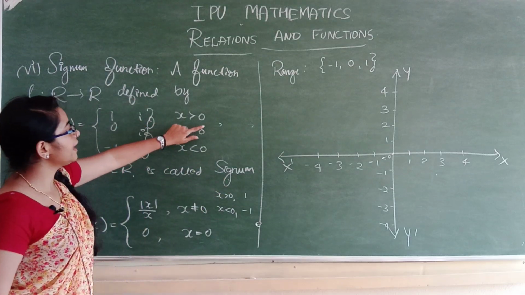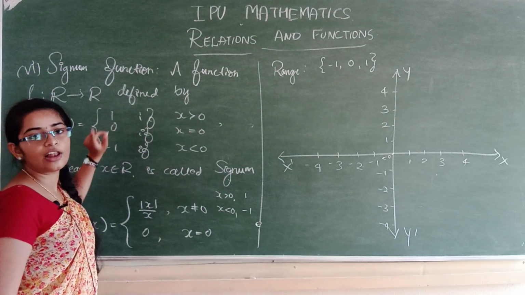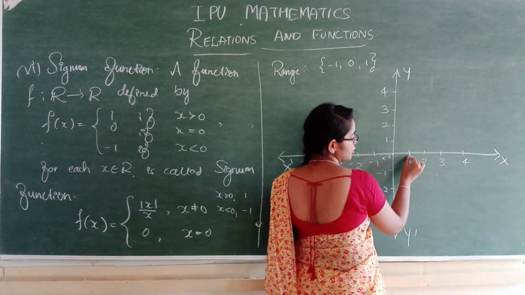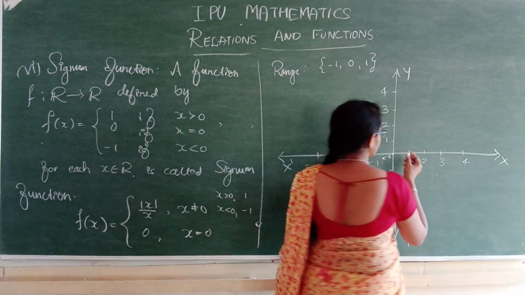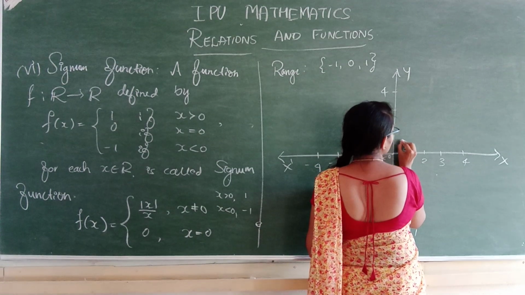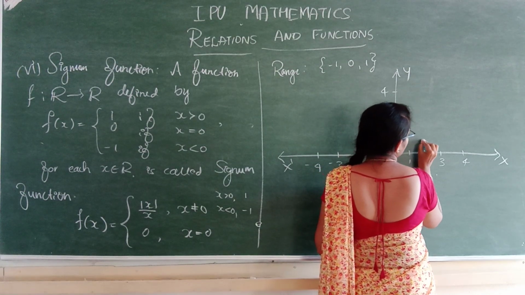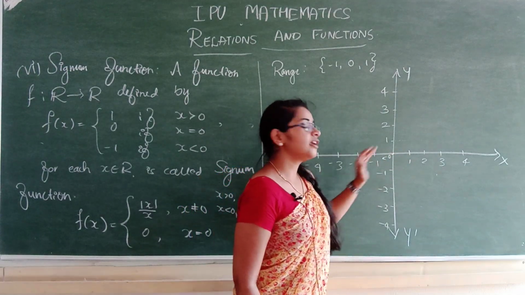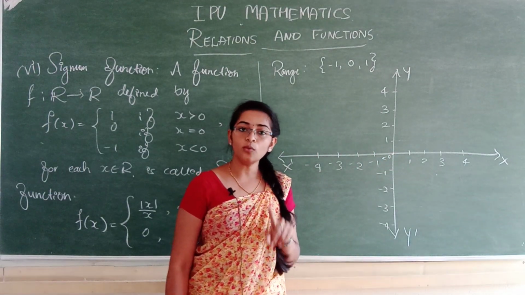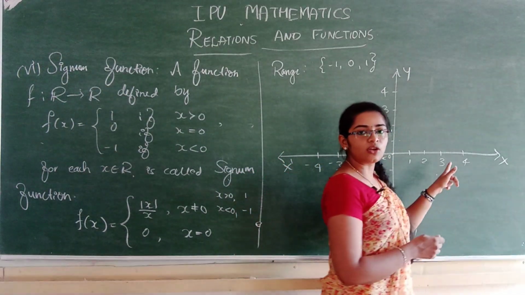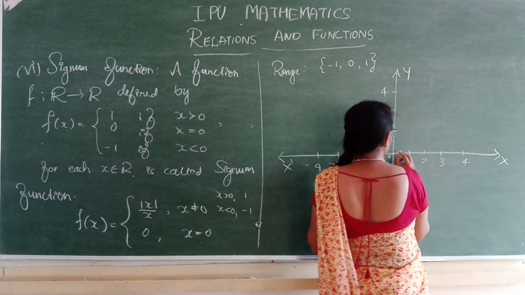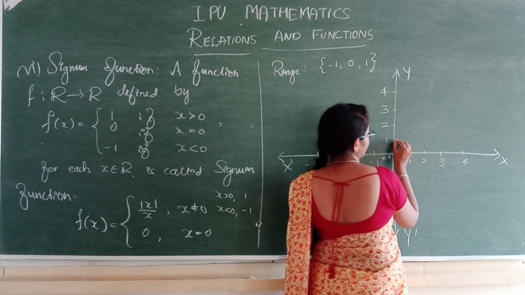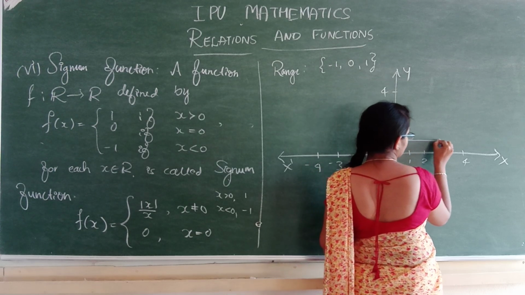We'll get the function value to be 1. For any x greater than 0, we have the function value to be 1. So for 1.1, 0.1, 0.2, 0.3 and so on, the function value will be equal to 1. And if I take x to be 100 itself, then my function value must be equal to 1 here. And for 0, it is 0. So I will exclude this point here and I will get a straight line.